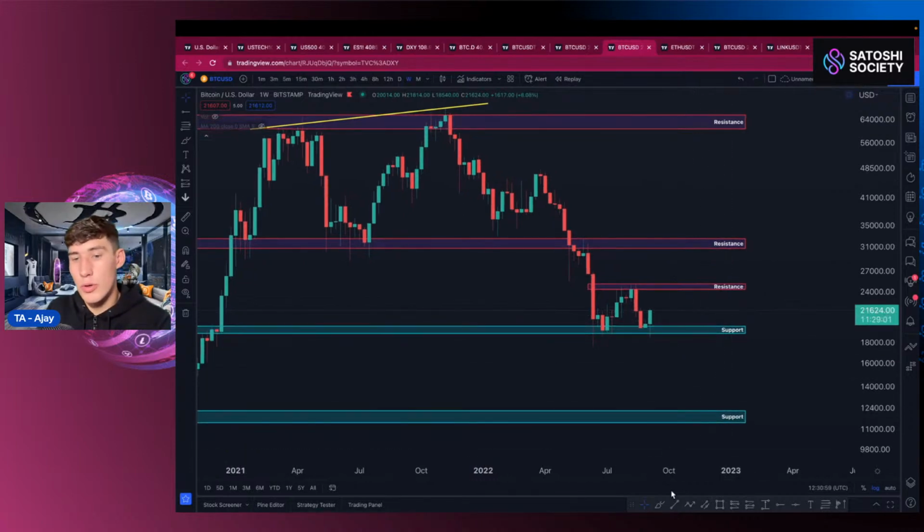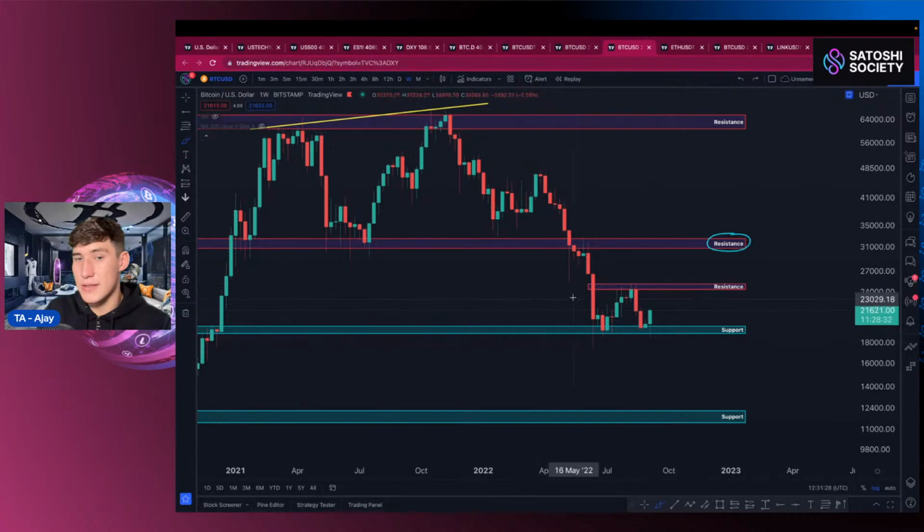But what we want to look for, if this is going to be a confirmed double bottom pattern, is we want to come back up to 25,000, and then a break of 25,000 would, for me, be the confirmation that this is a potential double bottom pattern, and then we could most likely see the price come up to this resistance level here, which is sat at around